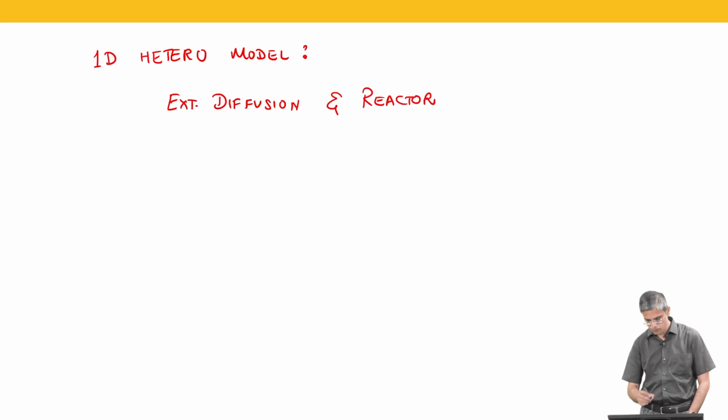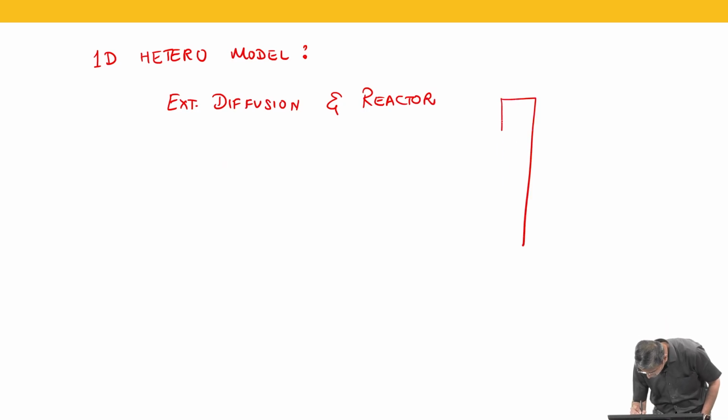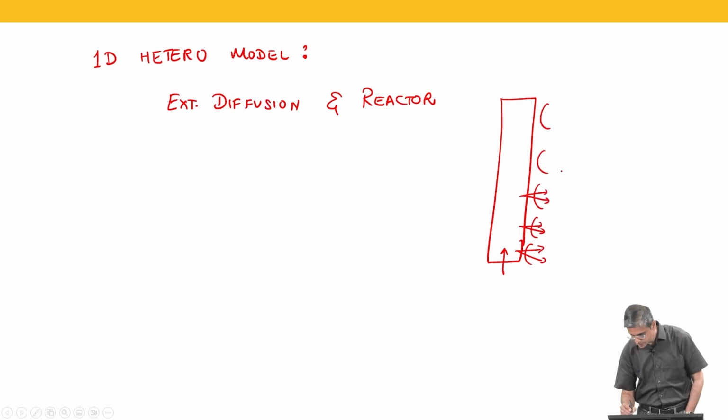Okay. So how does the 1D heterogeneous model work? This is the catalyst. Okay. External diffusion,